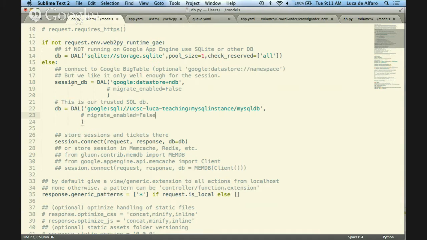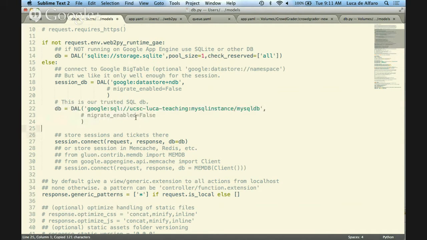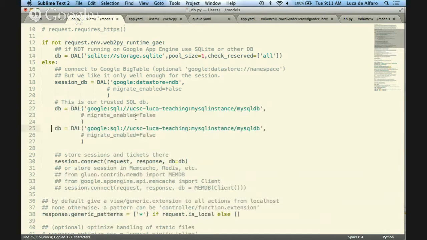Okay, so see, now we are connected to two databases. And if I wanted, I can connect to as many of them as I actually want. So I could do this if I wanted. I can say DB2, my second DB is this. I may not want to build a new instance, but I can very well do this.